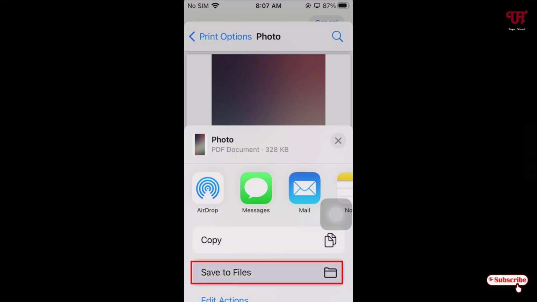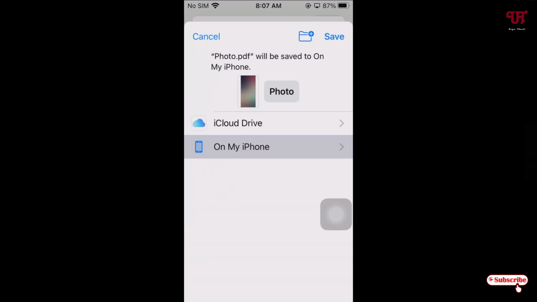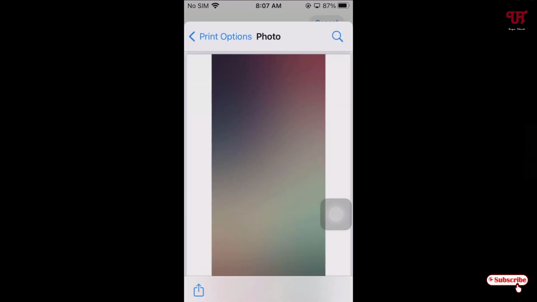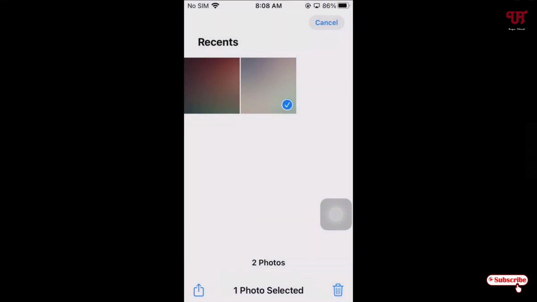So let me click on save to files and let me select this on my iPhone. Let me click on save. Now the image file has been converted into PDF file and it's being saved in the Files application. So this is the first method, and for the second method what you need to do is once again tap on the select and select the photo or image whichever you want to select. Say here I want to select this image, so let me select it, and once again below you can see